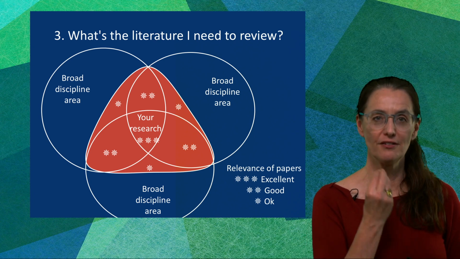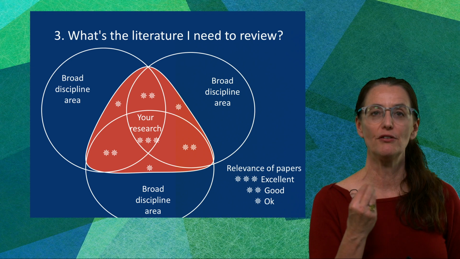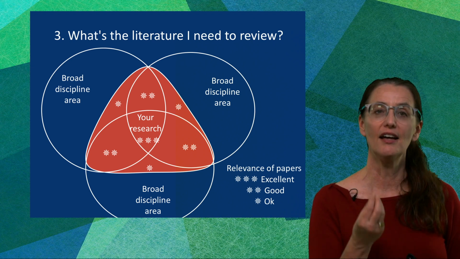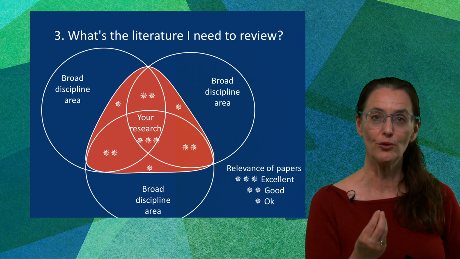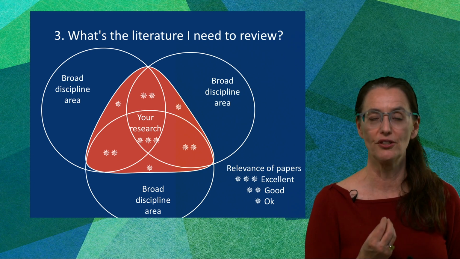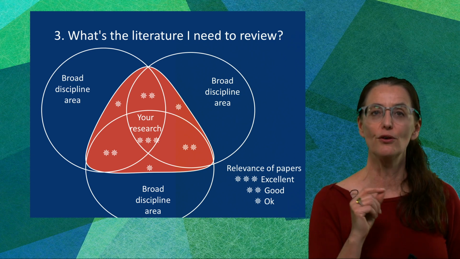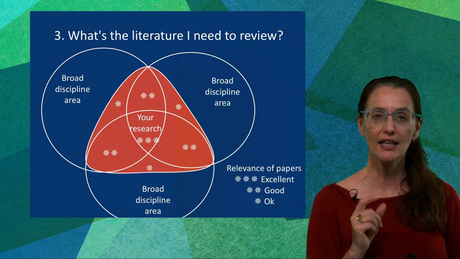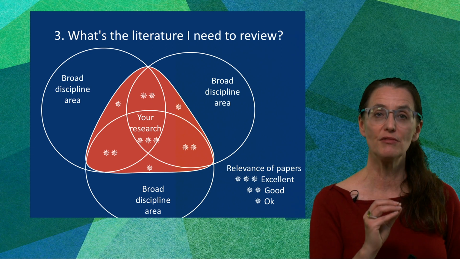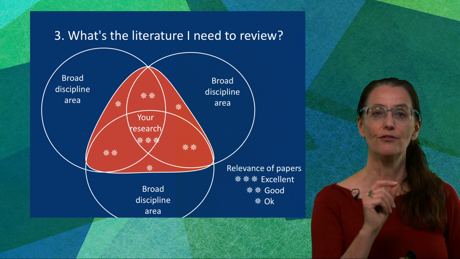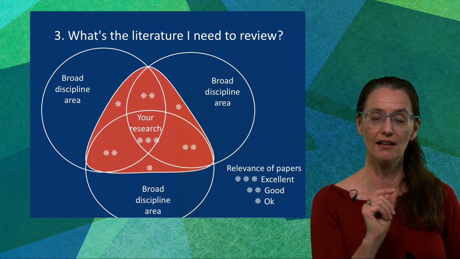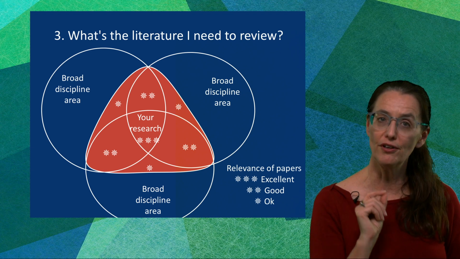So 3-star, really good. Then you've got to remember there are 2-star, and they're in those areas of overlap between two of the discipline areas. And they're relevant and useful, but not quite as much as the 3-star ones. So they're good. And then there are the ones that are in only one of those broad discipline areas. And they're okay, and you're going to need to read some of them, but not all of them. You're just going to need them to give a general context for that broad discipline area. But your main reading is going to be in 3-star and some 2-star, and not very many 1-star